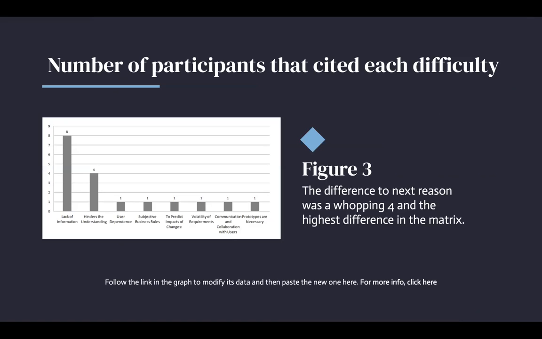We see that lack of information was mentioned by 8 and has the highest ratio of all the other reasons that were discussed. In fact, the second to it is exactly half of it. So it's obvious that this is a problem that we can't ignore. Of all things to worry about and be concerned about in terms of the causes of documentation debts, lack of information stands out. This cannot be ignored. And this is why I personally chose this particular topic to further drill into and make some expositions about it.